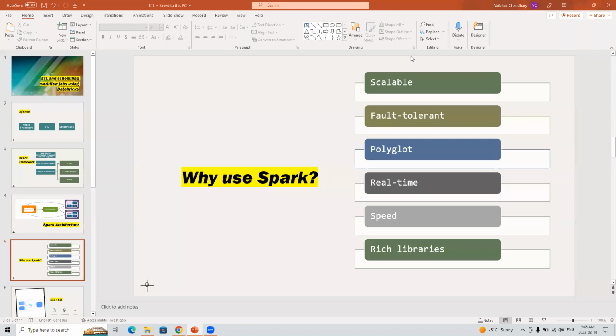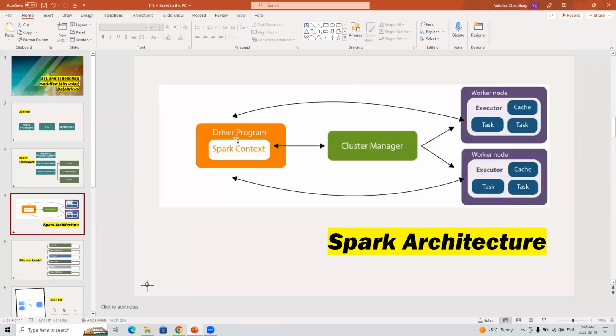Mr. Gautam is asking, can you give some information on the difference between executor and worker nodes? Basically, an executor is something that actually gets assigned by the worker node. Let's say a worker node has 24 gigabytes of RAM.